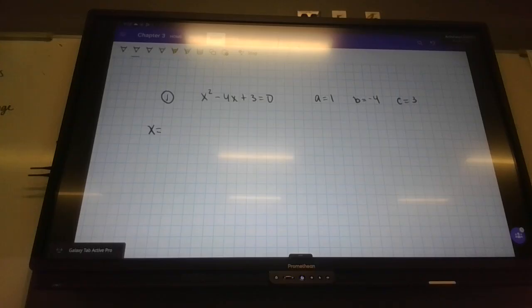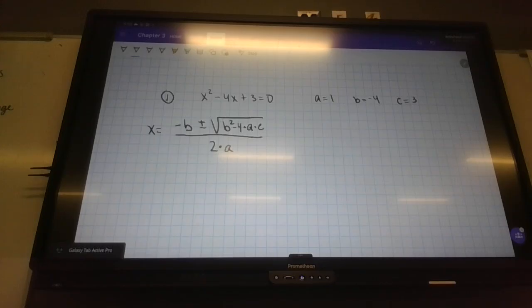Jack, you guys do. It's negative b plus and minus the square root of b squared minus 4 times a times c, over 2 times a. And actually,